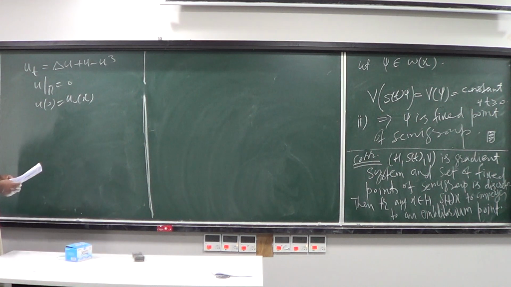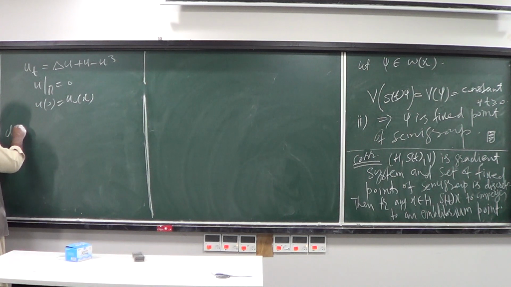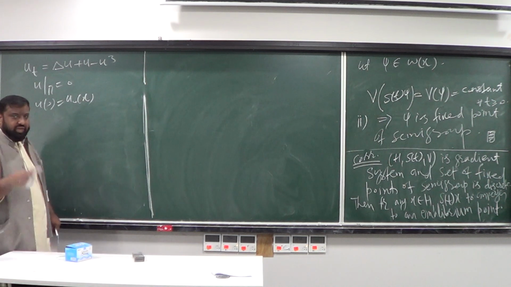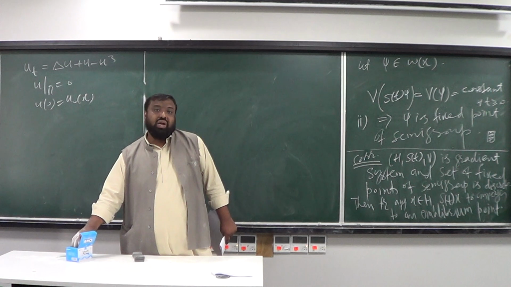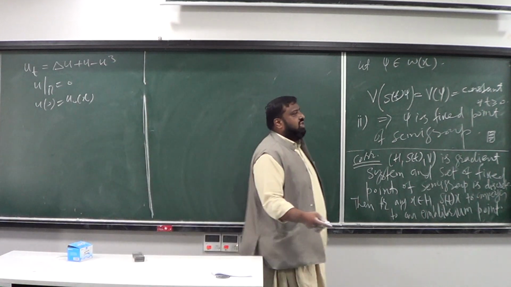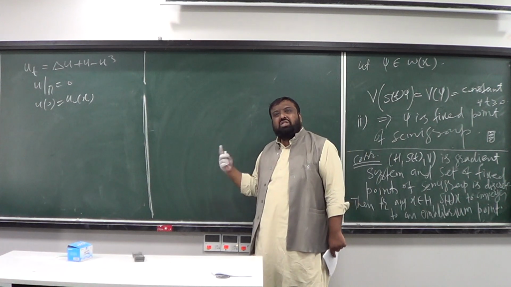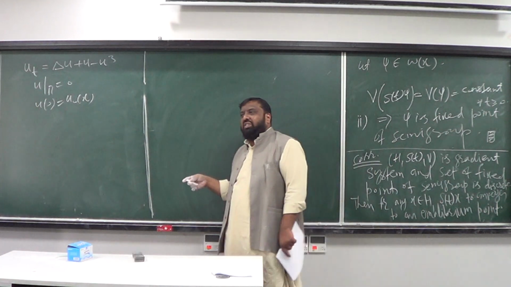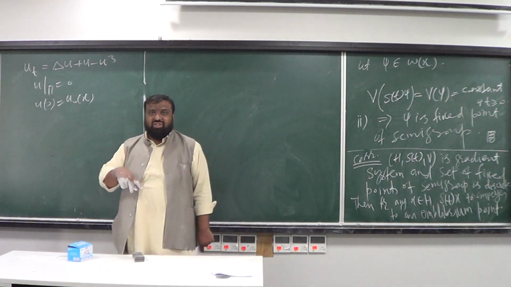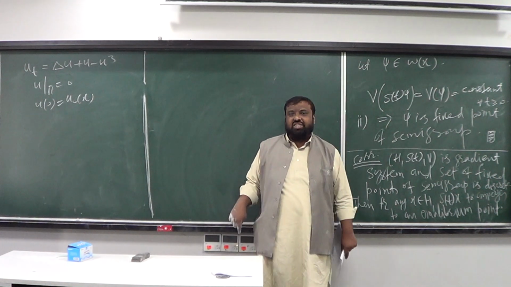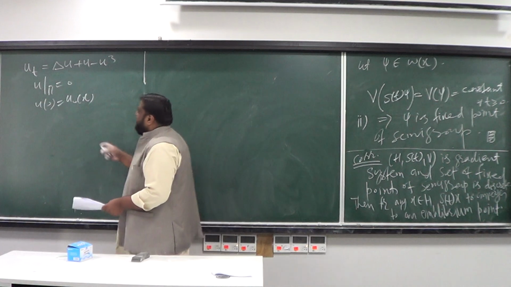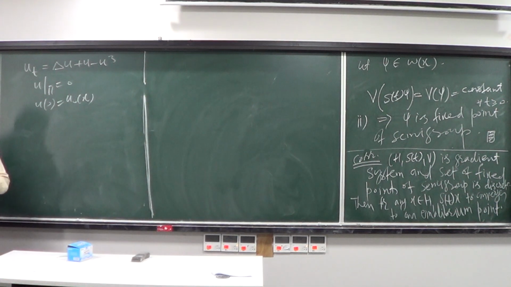Let's multiply this equation. I want to show that the solution of this equation, so the claim is, okay, so let me write the claim in a minute. The claim is that the solution to this equation is a gradient flow actually. But how to prove that the solution to this evolution equation is a gradient flow? You need a gradient system actually. So you need to identify a gradient system and prove that it is indeed a gradient system. Okay? So in order to do that, what you need to do, you have to,